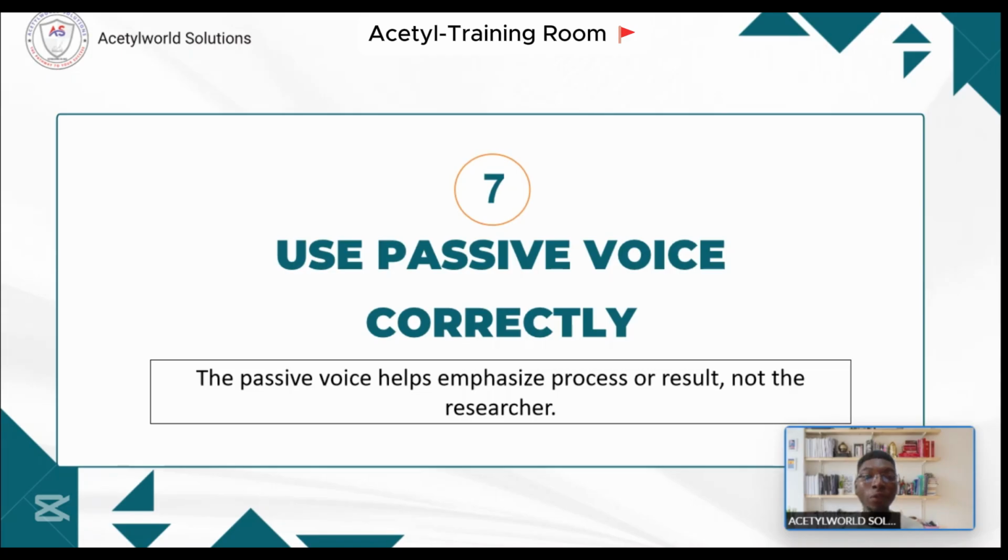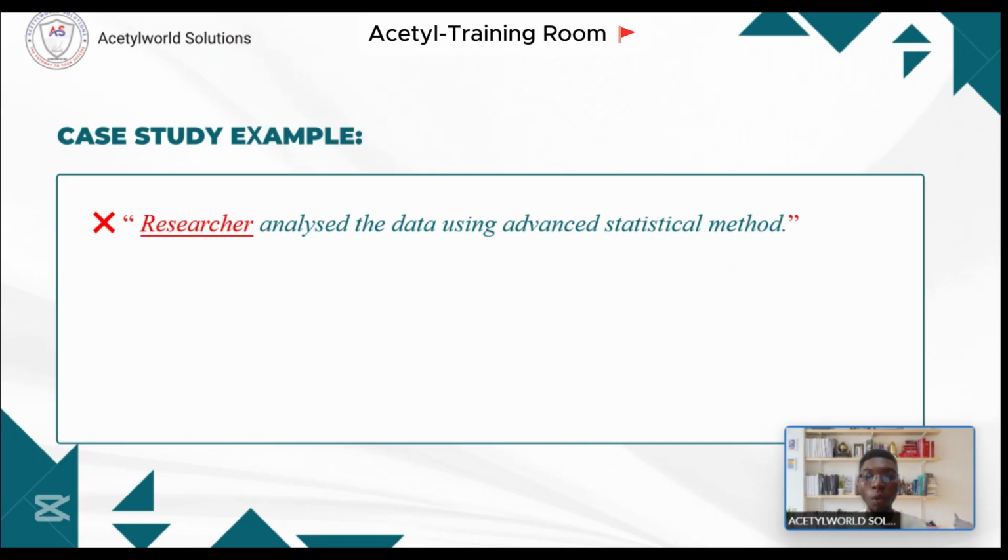So now, use passive voice correctly. This passive voice helps to emphasize process or result, not the researcher. So your focus is not who is doing the research. Your focus is the result or the process involved in the research. So for example now, instead of you saying a researcher analyzed the data using advanced statistical method,